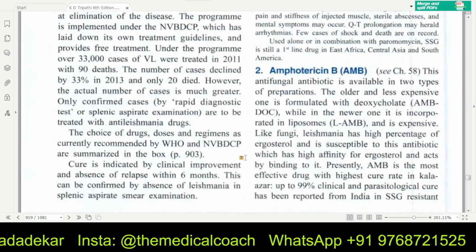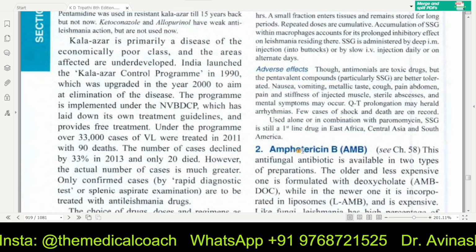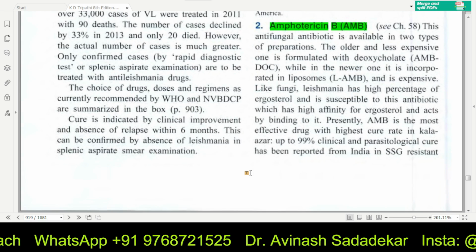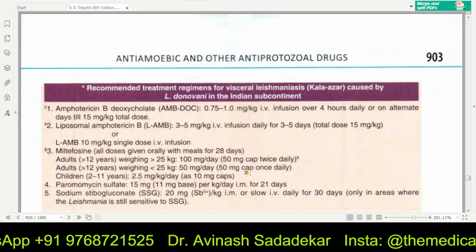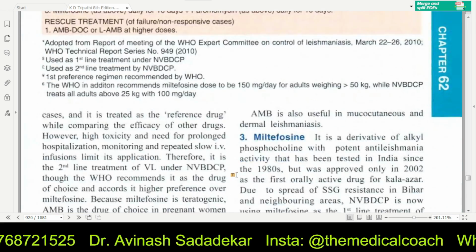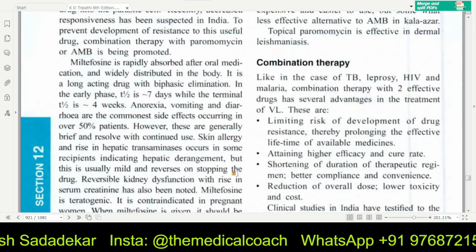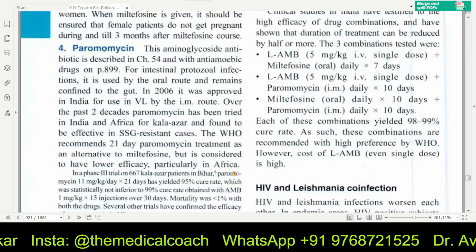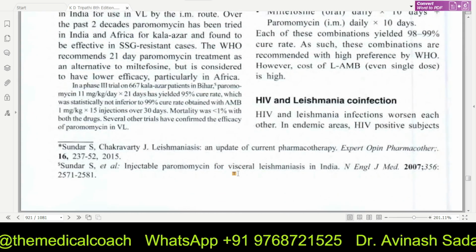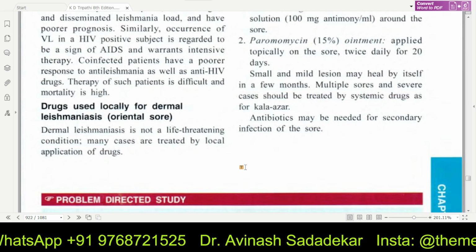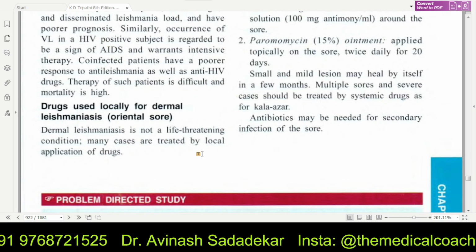Okay. Actually, for leishmania, we use amphotericin B, which we studied in the antifungal chapter. So, once you have done antifungals, please have a look at amphotericin B from here, and it should give you a good enough idea of what to write extra. Apart from this, please don't waste your time on this particular chapter. It's really not that important. Apart from metronidazole, an overview is more than sufficient.